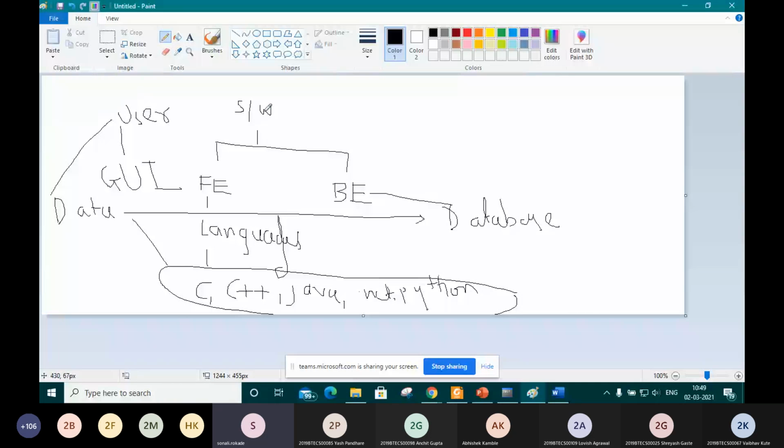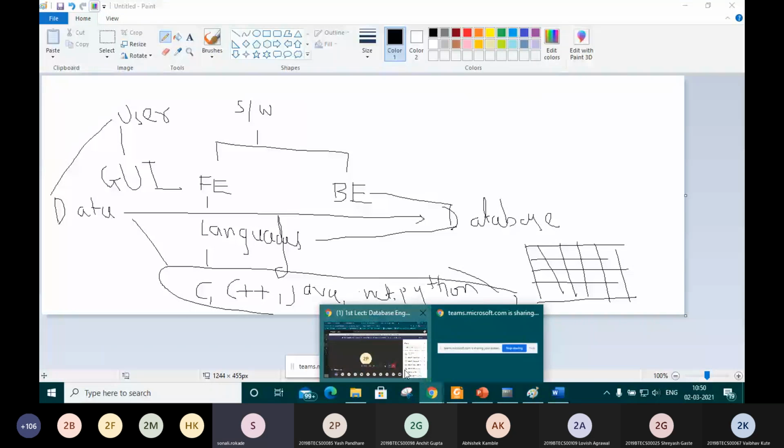So here we need connectivity between this application and our backend. Whatever data we are going to manipulate is stored in this rows and column structure. Is it understood up to here?